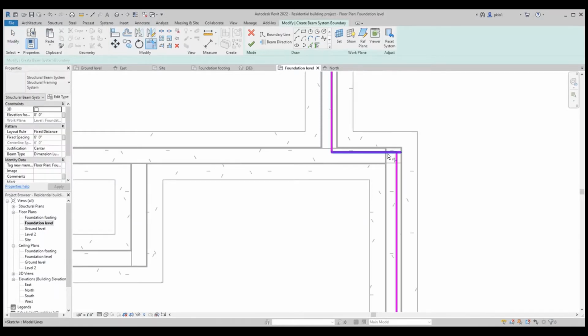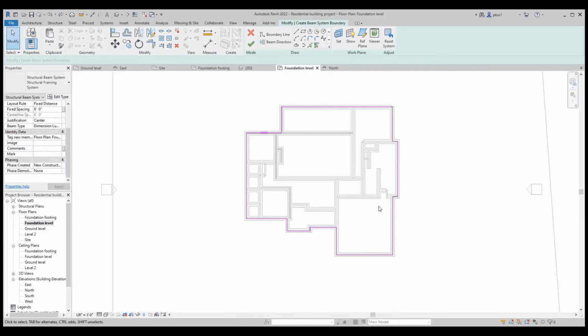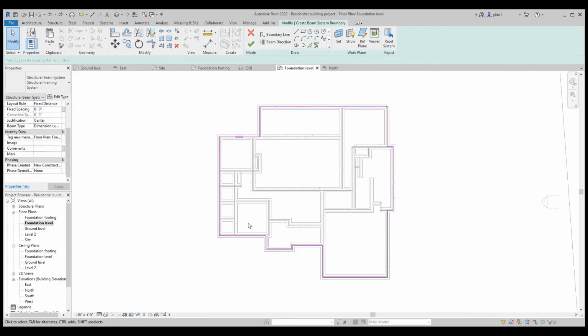And then I continue chamfering. Yeah. So we have the outline of the beam system, and then we check for the fixed spacing.